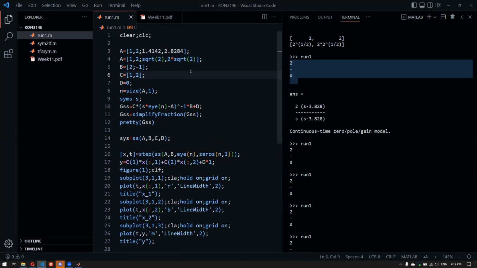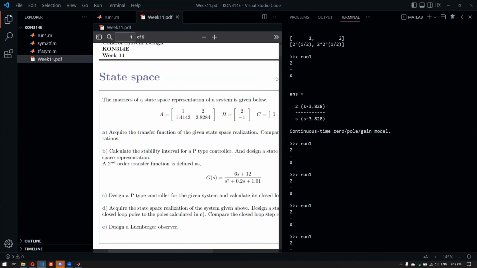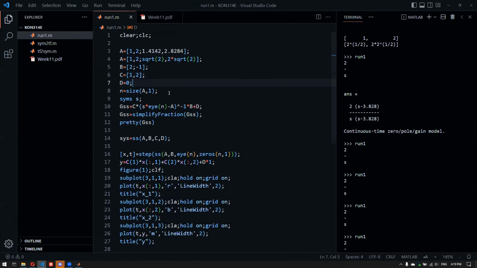So this opens up the following question: is ABCD unique? Can I come up with something else that has basically the same transfer function? And is the state space model unique to a system? First of all, the transfer function is unique, but the state space model is not. So you can come up with numerous ABCD pairs that represent the same transfer function. So 2 divided by S is going to be eventually the transfer function, but you can